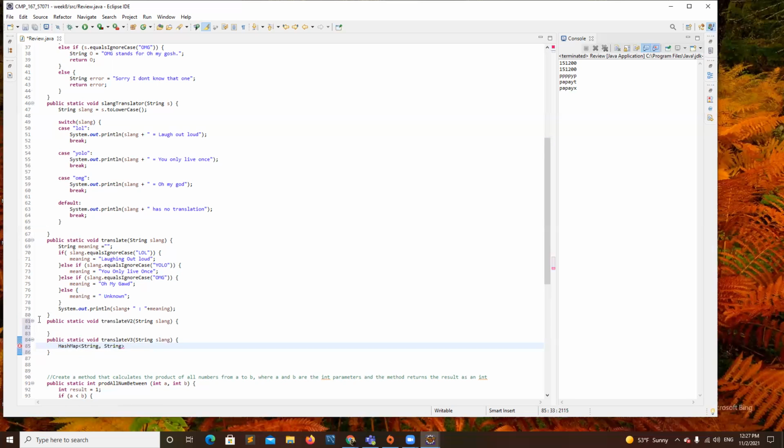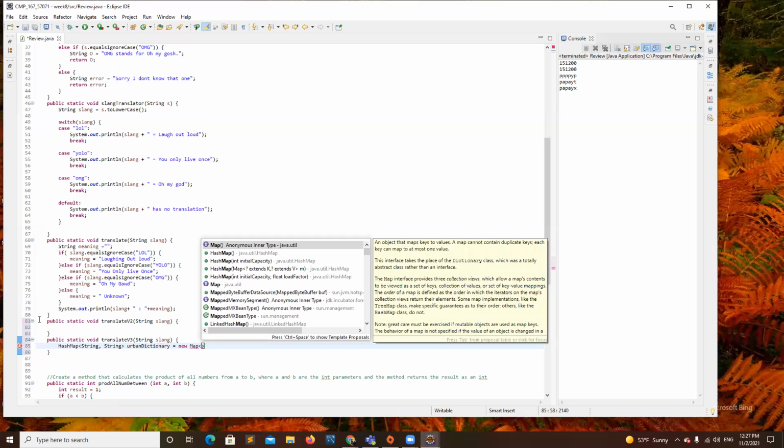This is going to be my dictionary of slang. Let's call it urban dictionary. And so I'm going to have a new map, and I'm also going to import this map. But one second, guys.